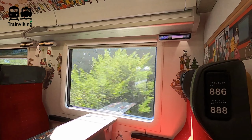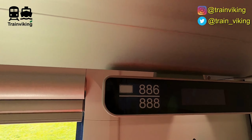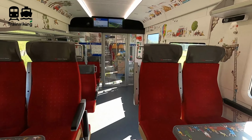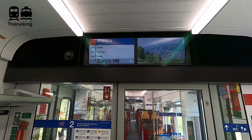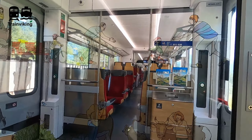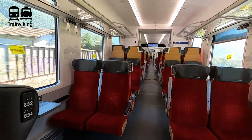Like I mentioned, at the side you will find the seat numbers, and just below the luggage rack you will find a small screen that will host information about reservations. Although I did not think there were a lot of people who reserved a seat within this train. At the end of each compartment you will find screens that will host route information, like I mentioned before. For a lot of railway companies within Switzerland there's also a magazine available,